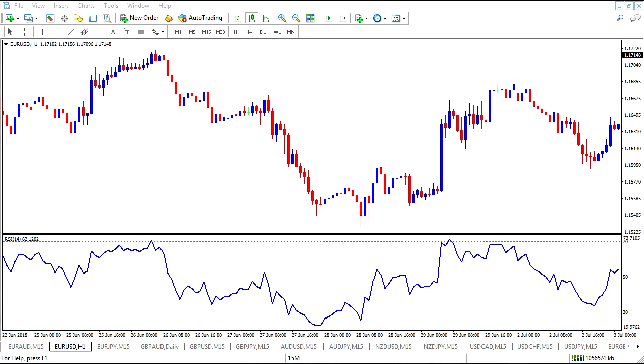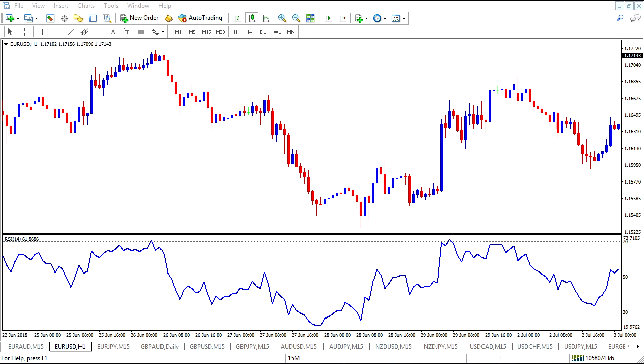The RSI can be a very choppy indicator and give us a lot of false signals, and it can be hard to read sometimes. Hi there, my name is Russ Horn, and I am going to show you how to smooth the RSI indicator so that we get fewer false signals and have an indicator that's just a lot easier